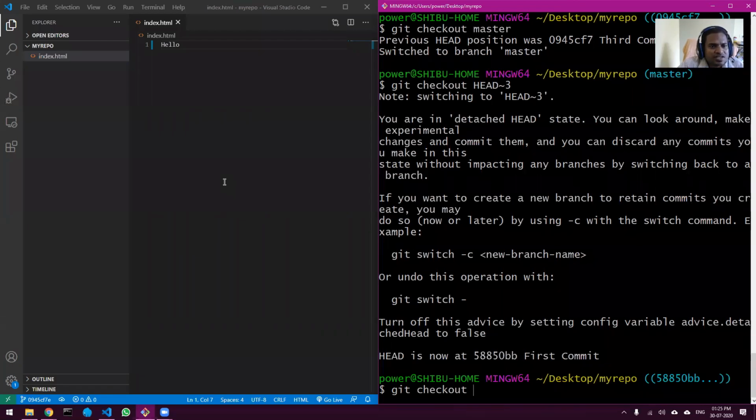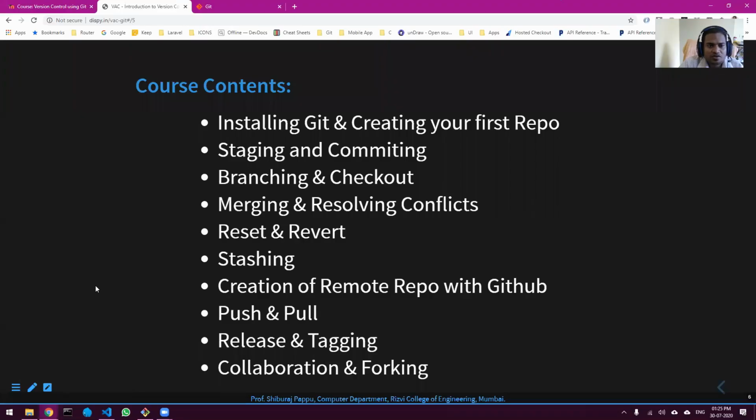Okay, sir, can you explain more about how more than two people can write the code in the same file? Exactly. If you look at the contents of the course, you can see we have covered all these things. And I have covered a little bit of reset, but then the next topic itself is merging.